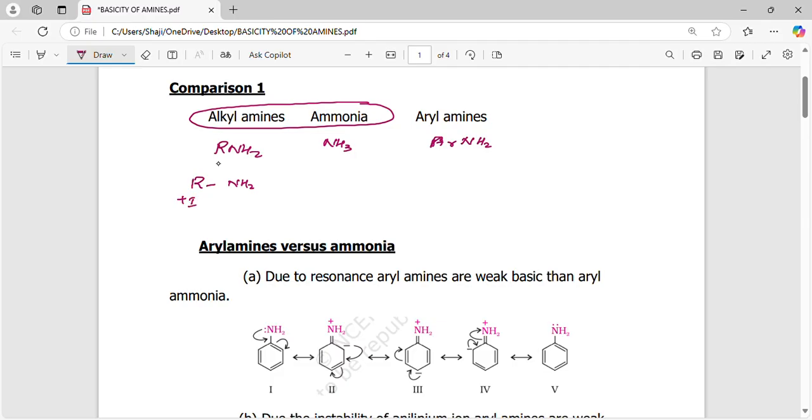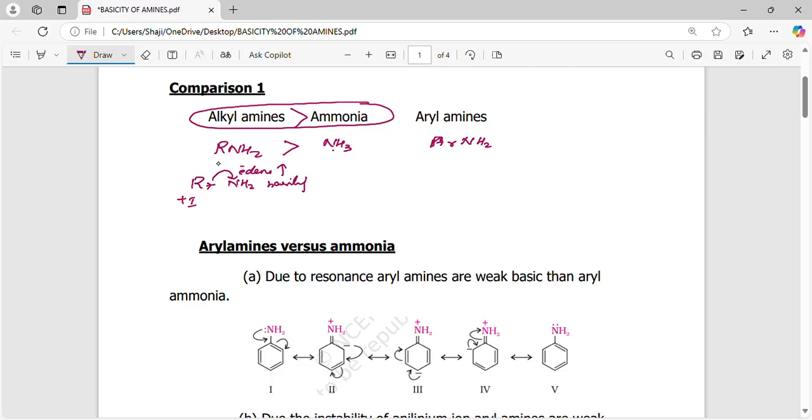Plus I effect represents an electron releasing effect. So this alkyl group releases its electrons to the nitrogen atom, and the overall electron density of the nitrogen increases. That in turn increases the basic character, because basic character means the ability to donate electrons. As electron density increases, the basic character also increases. But in ammonia there is no alkyl group, so the basic character will not have any such effect. So when you compare alkylamine and ammonia, alkylamines are more basic than ammonia because of the plus I effect of